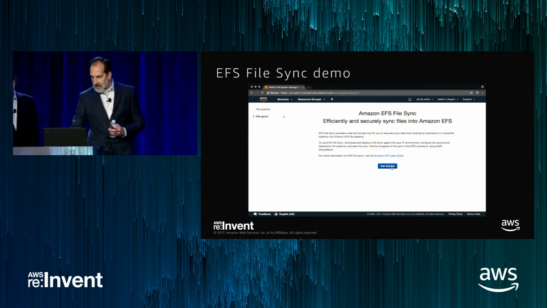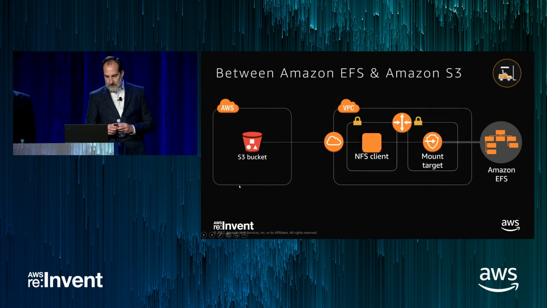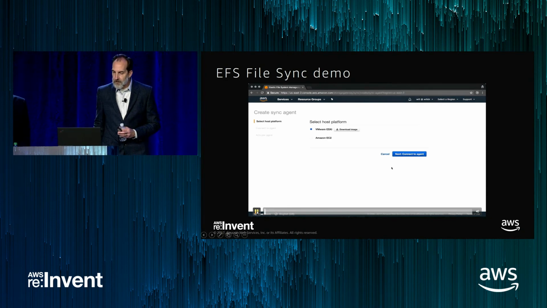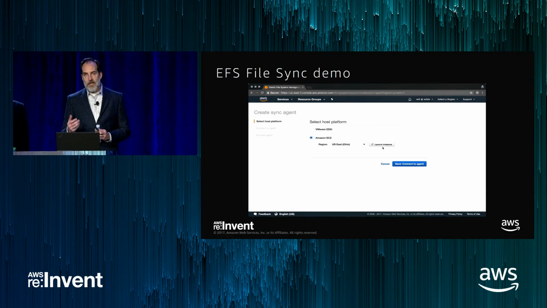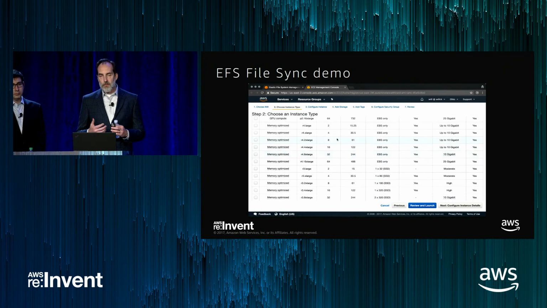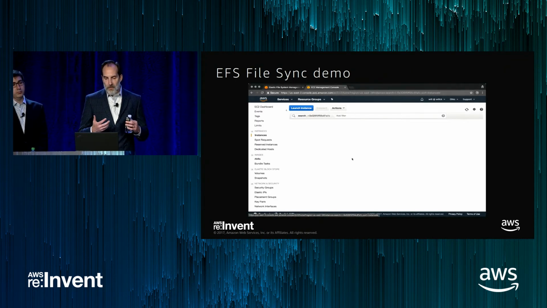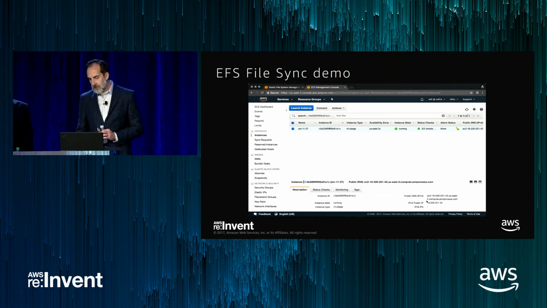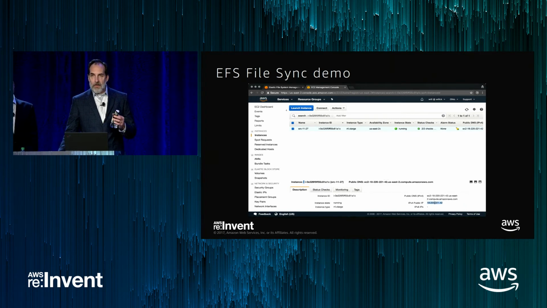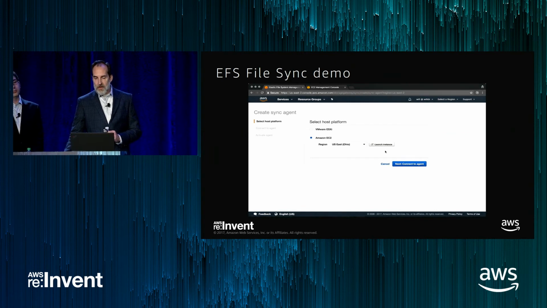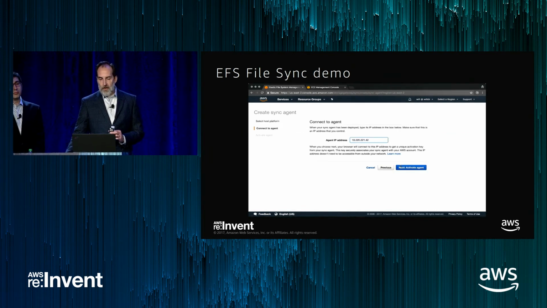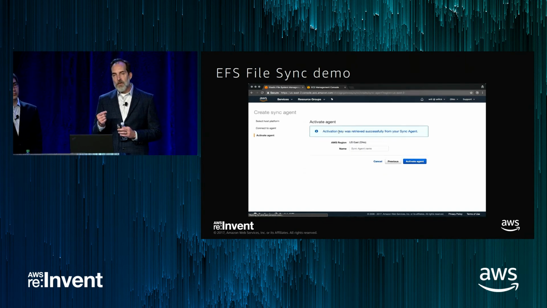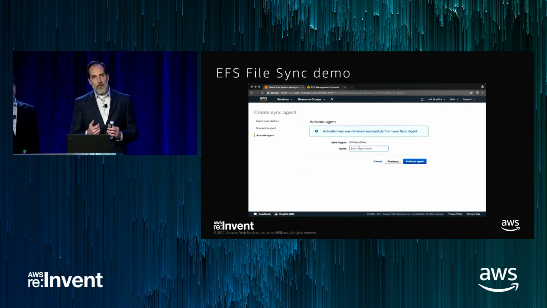As we can see here, we're going to go ahead and select EC2. We're going to launch this within a VPC. Very quick, it's already set up. Now that that instance is up and running, what we want to do is grab the public IP address, and we want to put it into the configuration so that we're able to connect to the agent. Once we do that, we want to activate that agent. We give it a name,